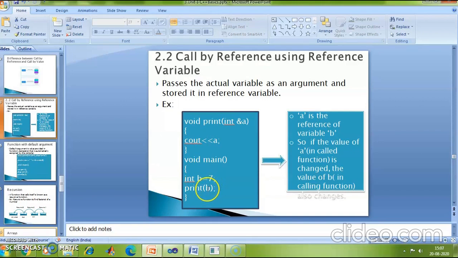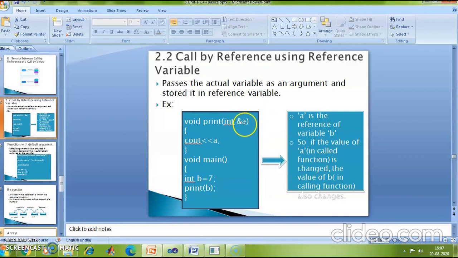Now when I am passing this variable b, I am storing it in a reference variable. I can say the formal argument over here is a reference variable which will point to the actual variable b. It is the same as writing int &a = b.